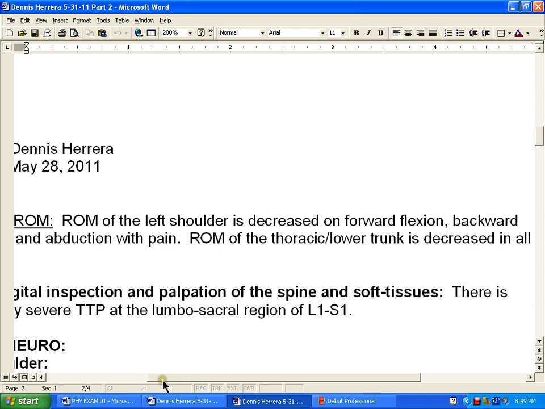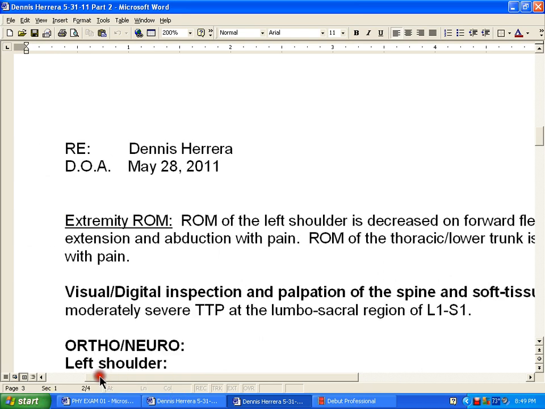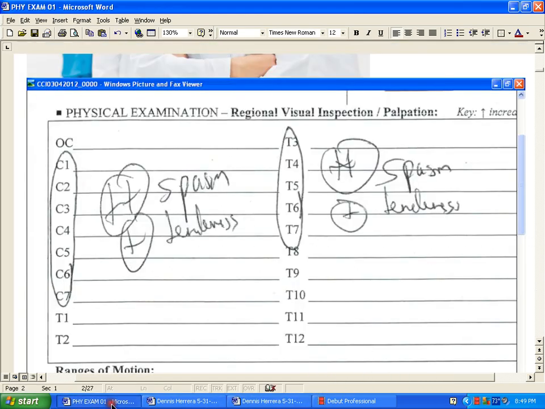You would put there is, unless the doctor puts that there is spasm, just like in this case, you would put 2 pluses means moderate. So you would put there is moderate spasm,